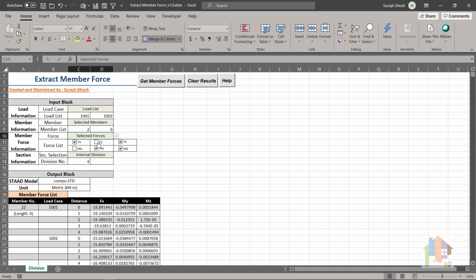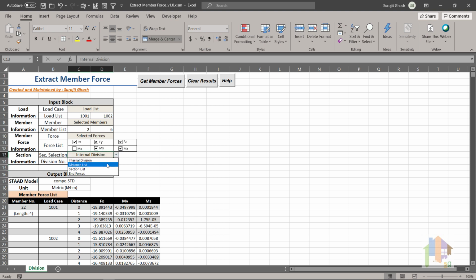And finally, the most important input, you can extract force at any distance either by specifying the internal division numbers like 12 divisions, which is commonly used for member design in STAAD.